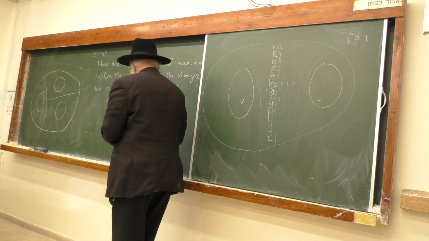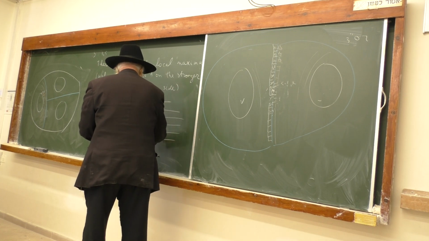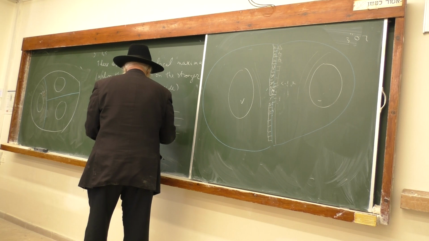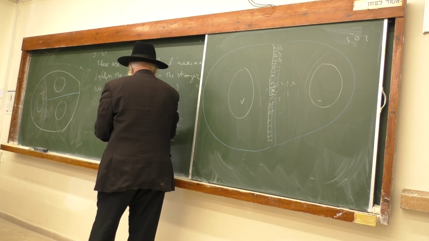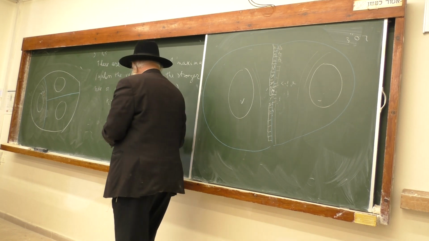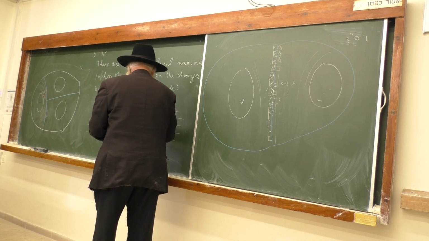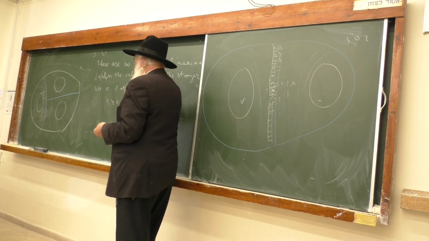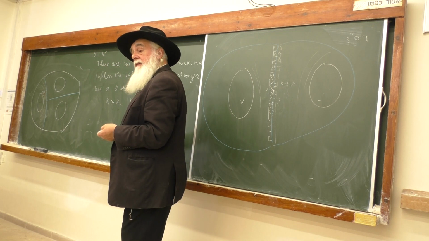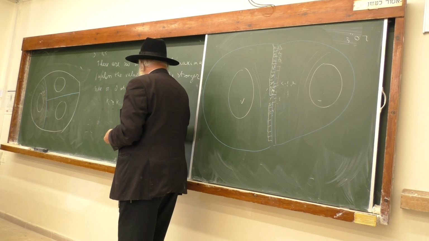Why? Because here it is 2. If here it would be 3, whatever the position, this one is 2 down, 2 on the sides, and 2 here is not enough. And even if this is 0, then it will be 1, 2, 3, 4, not enough, we need 5. That is the situation, but we need 5 here. But if this is a big cell, still we need here all